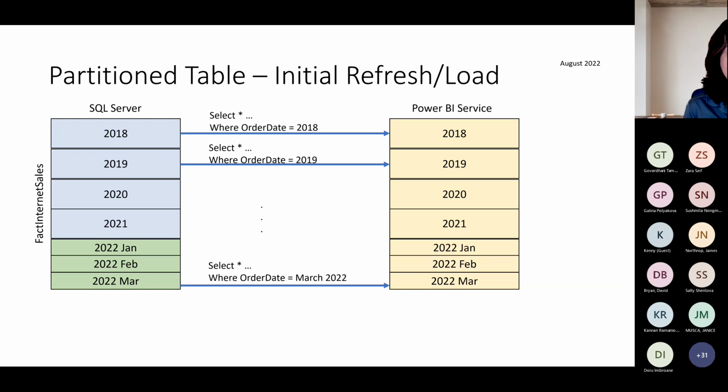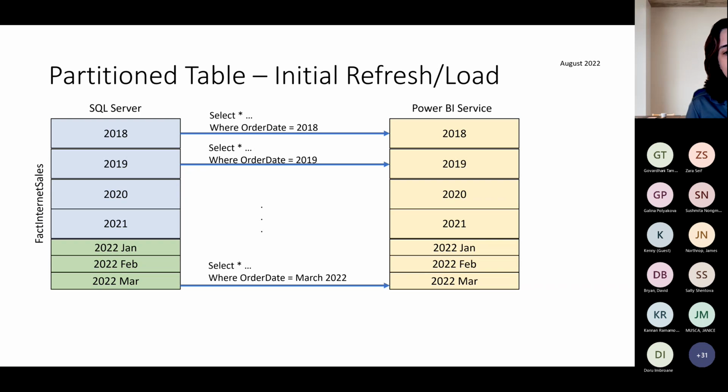Now, what happens is that with the initial load, everything gets loaded, but everything gets loaded in these parts. So it's no longer a ginormous select everything. It submits one query per partition based on your definitions.